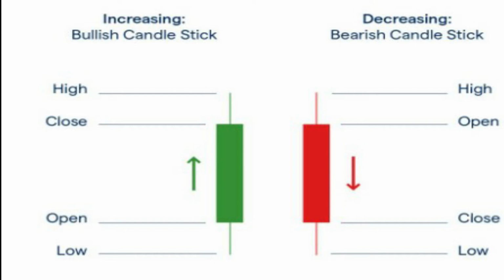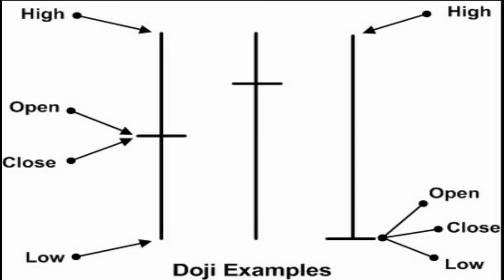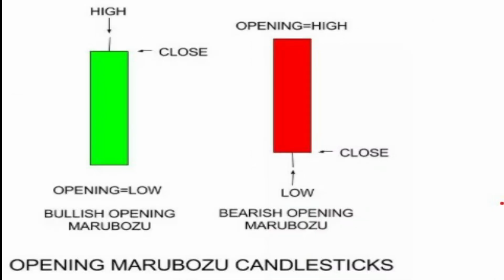Candlestick sheet as well as basic candlestick shapes. Doji: reversal. A Doji is a candlestick which is shown as a reversal, a sign of a market indication. Marubozu: a Marubozu is a candle showing continuation, a sign that the trend is maintaining momentum. Some fall into bullish patterns, some into bearish patterns. I'm dividing them accordingly, and I'll give you a brief explanation about the bullish patterns as well as bearish patterns in my further videos.